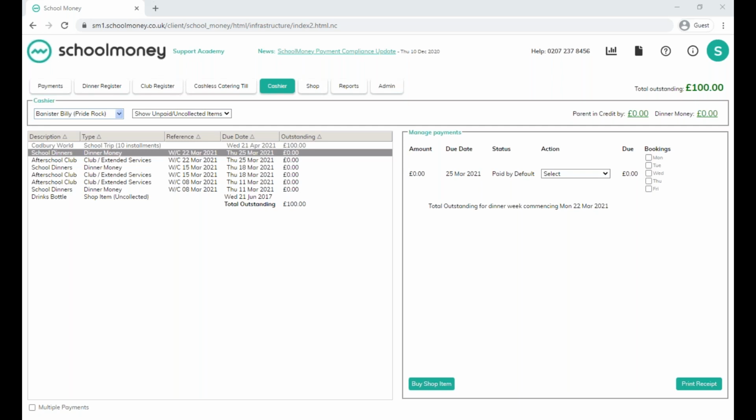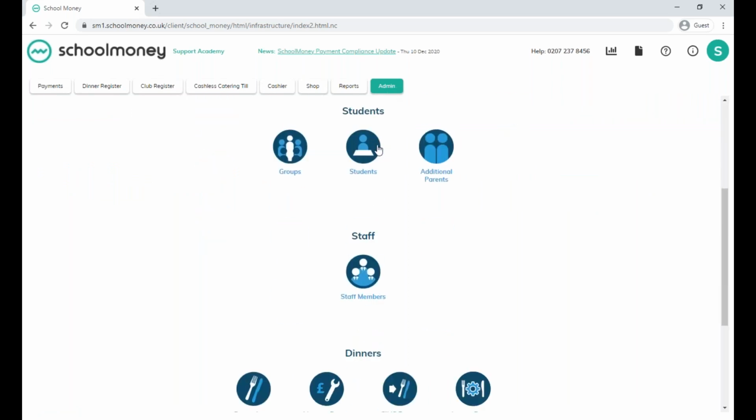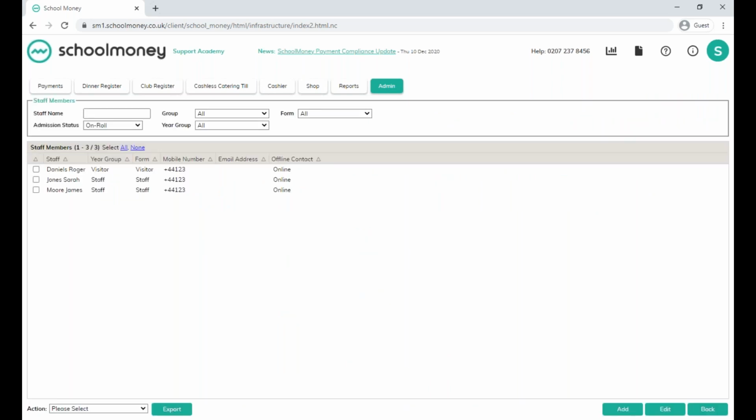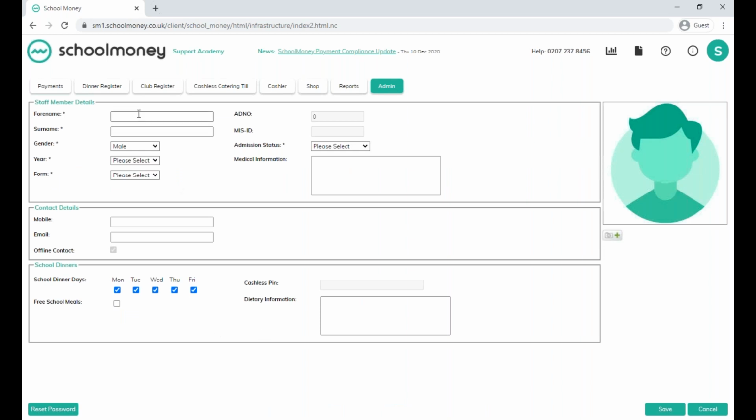Okay, so I've had a question about taking payments from sports coaches for DBS checks. So with regards to this, what you'll need to do first of all is add them onto the system as a visitor. So to add them onto the system as a visitor, we can go into admin, and you can either do this in the student section or the staff member section. Click on add in the bottom right hand corner and then add them onto the system. So just add in their first name, surname if you have that information, and then change the year group and form to visitor,